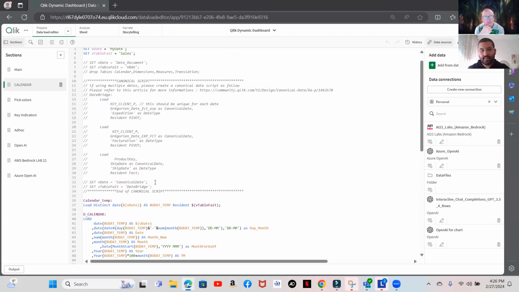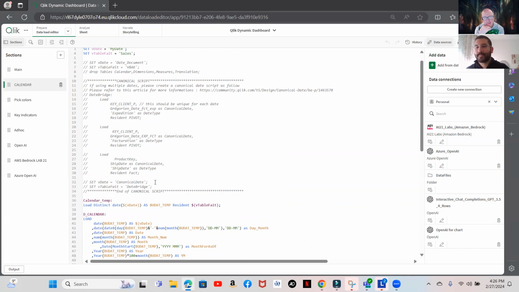Delivery, a shipment, anything, an expedition. Of course, you want to be able to use these three. So the first approach is to create 3 calendars, which is great because the calendar is not that resource heavy. But even if you create 3 calendars, you won't be able to use all 3 dates in one